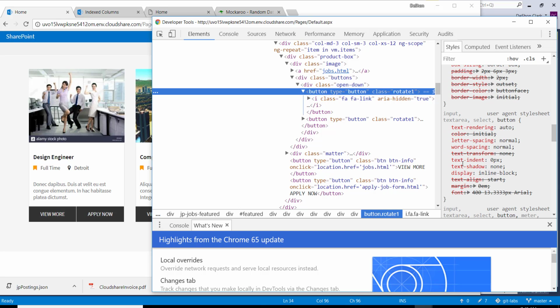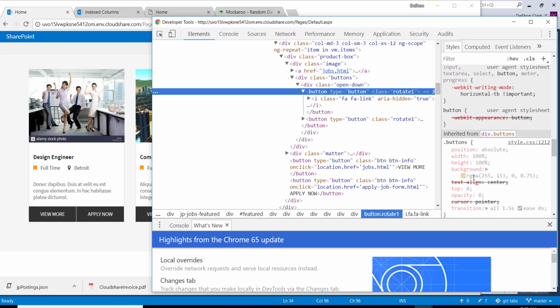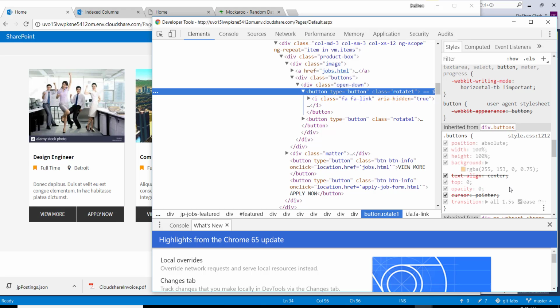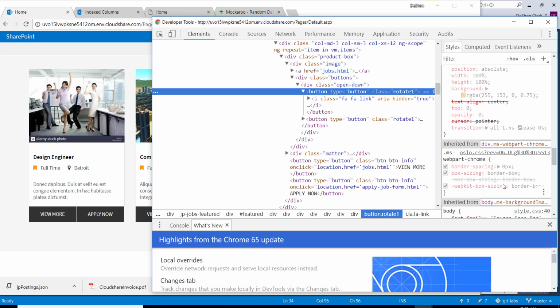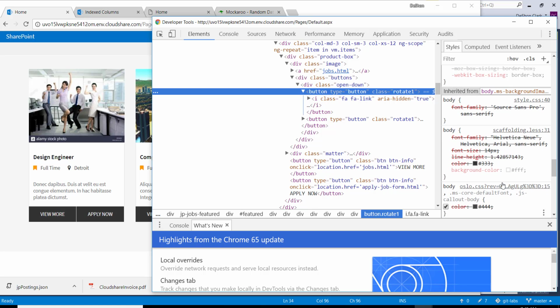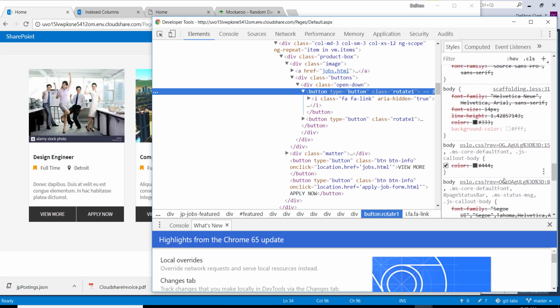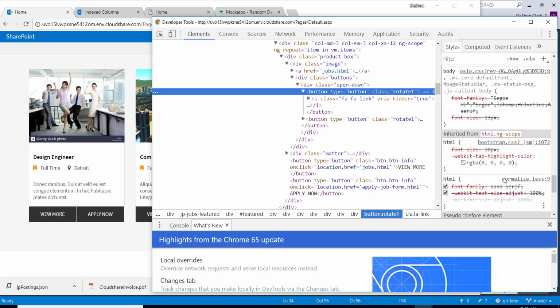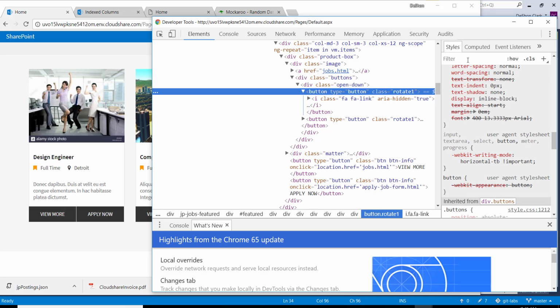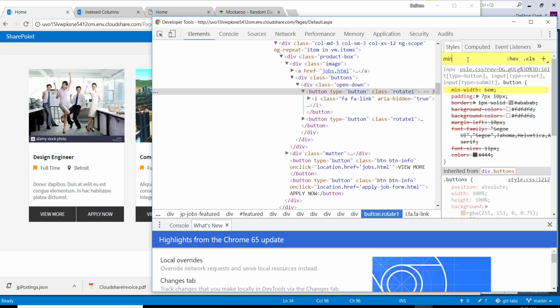No. There is a global definition for buttons where it specifies the min width. Yeah, this min width here in Oslo, if you uncheck this and hover over, our buttons become nice and round. So what I need to do